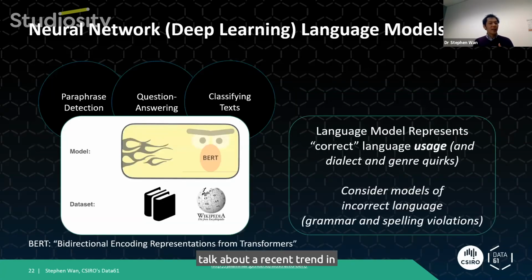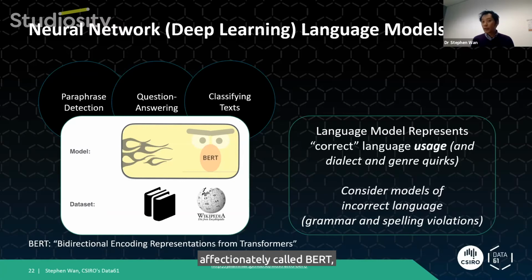Let me change gears for a moment and talk about a recent trend in natural language processing in general, not just technology for grammatical error handling. I mentioned before, language models are great. They can help weed out bad translations, and in grammatical error handling, these can be used to detect problems with a sentence and to also weed out less appropriate corrections. Neural network research has transformed the way that we do language modeling today, and this advance is as recent as 2018. And these new models are really a game changer.